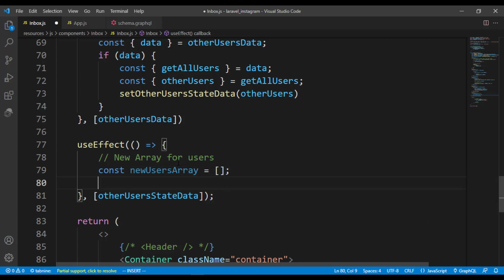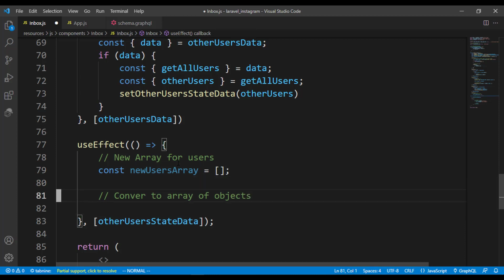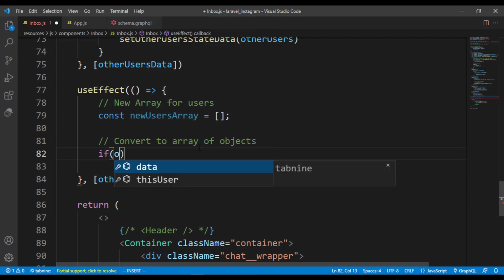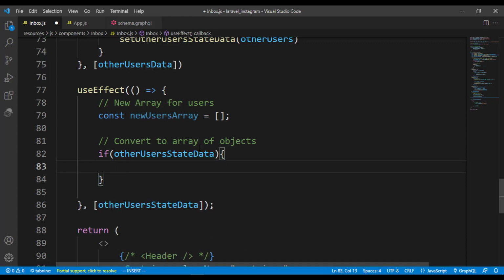It's going to be an array, and then we can convert to an array of objects. So spell things correctly, and beneath that we have to watch out for other users data. So in case we do have other users data, because the first data that is being inserted there is null, then we can say other users